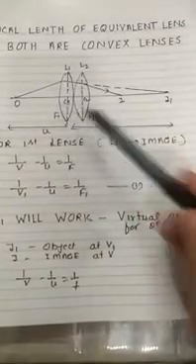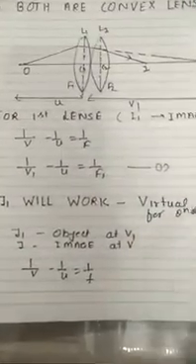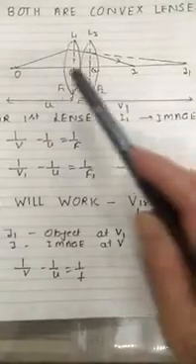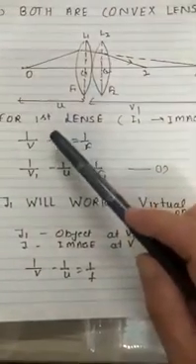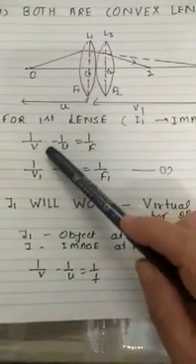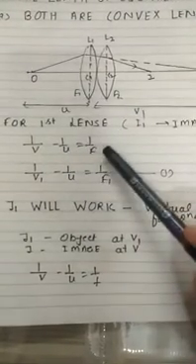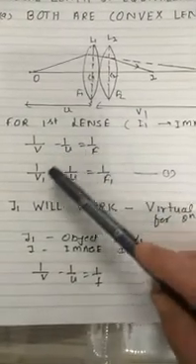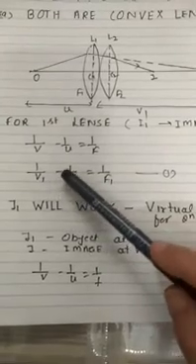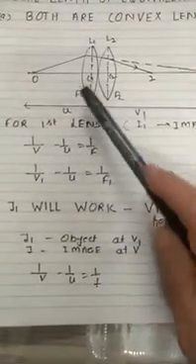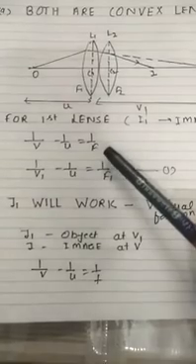So for the first lens L1, I1 is the image and O is the object. What is the lens formula? 1 upon V minus 1 upon U is equal to 1 upon F. Here V is V1, U is the object distance, and the focal length for that lens is